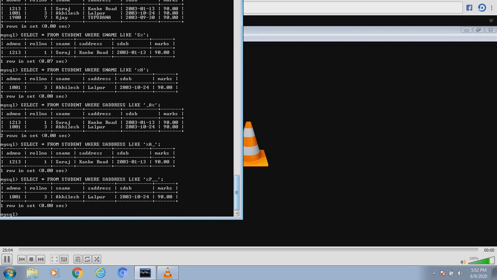Let us now go for one more keyword, and that keyword is IN. Now how shall we use IN? Let us see. Suppose I want to see the details of only those students whose roll number is either 1 or 3. So what should I write? I'll write select star from student where roll number is equal to 1 or roll number is equal to 3. So you have to write this given statement and see 1 and 3's record you are seeing.